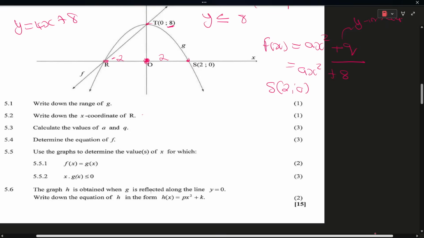Now, I'm told to use your graph to determine the values of x for which f at x is equals to g at x. So this is the point of intersection. Where do these two graphs intersect? They intersect here